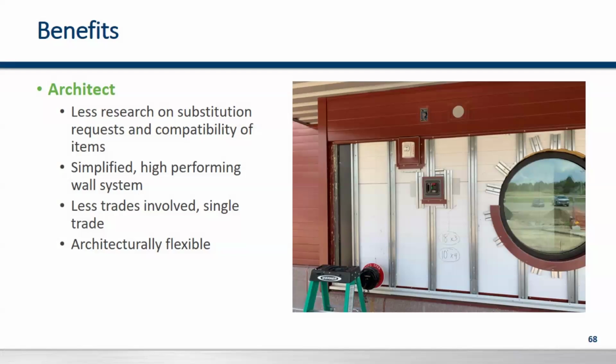That would be one set of engineering, one set of shop drawings. It would be a simplified performance. You would be giving the building owner a high performing building with less involvement of multiple trades there. That comes especially flexible when